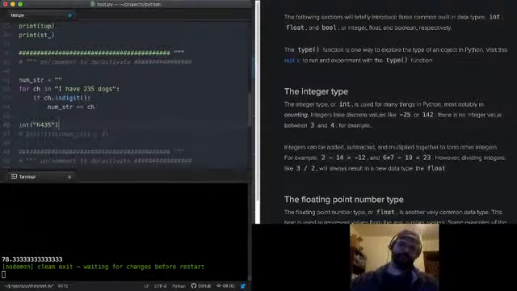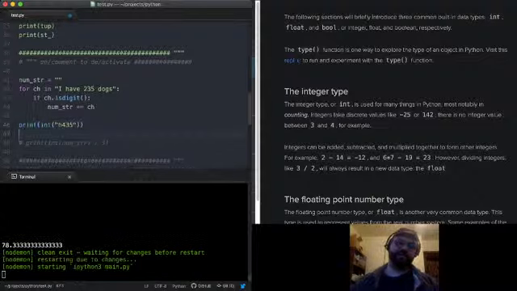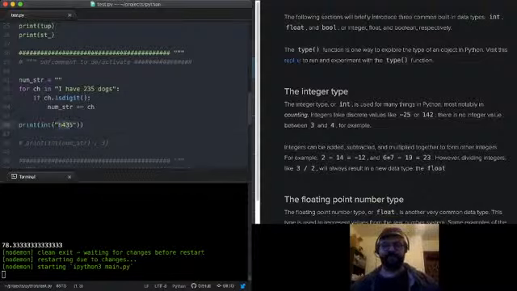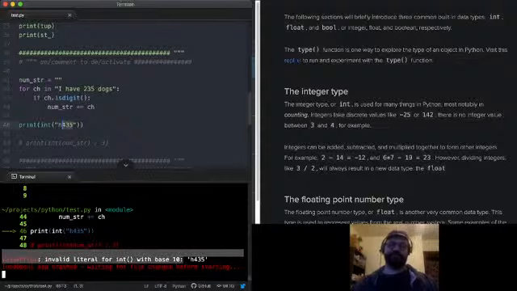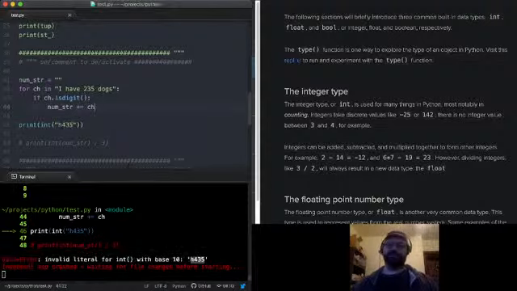We might expect that to print out 435. But Python's going to say, hey, there's an H in there. I don't know what you mean by that. It's pretty literal. It's not going to make the assumption that you or I might make of, hey, convert the number part to a number and give me back the number part. It's going to say, I don't know what you mean. So it's going to say ValueError: invalid literal for int() with base 10: 'h435'. So that's all got to be number characters. Cool.